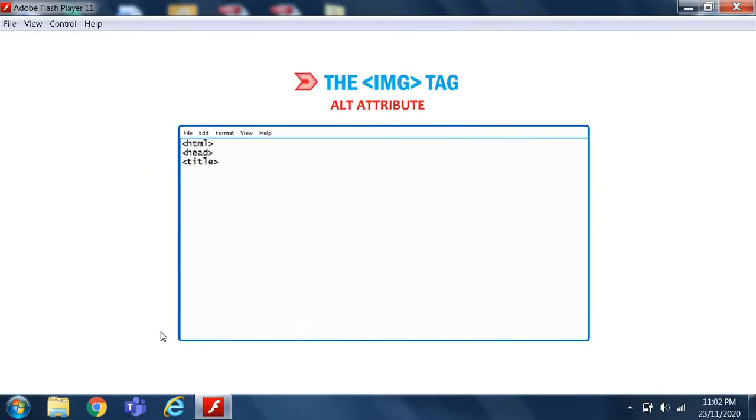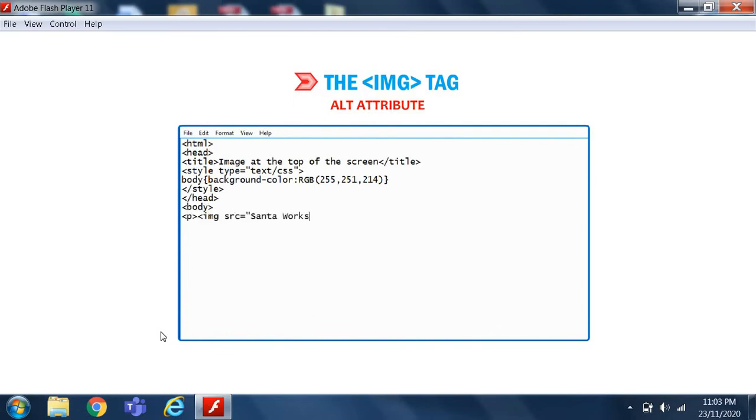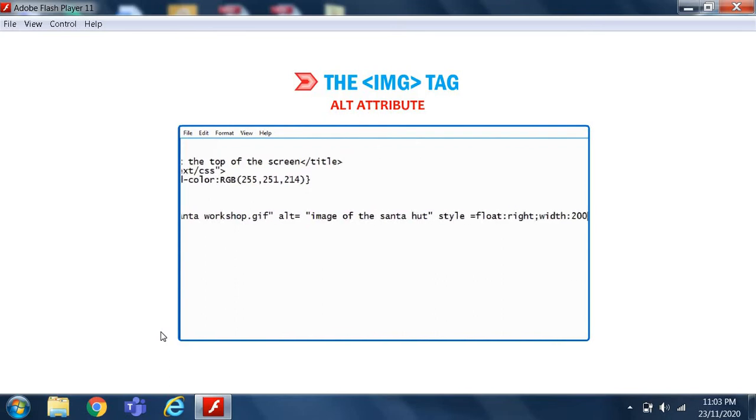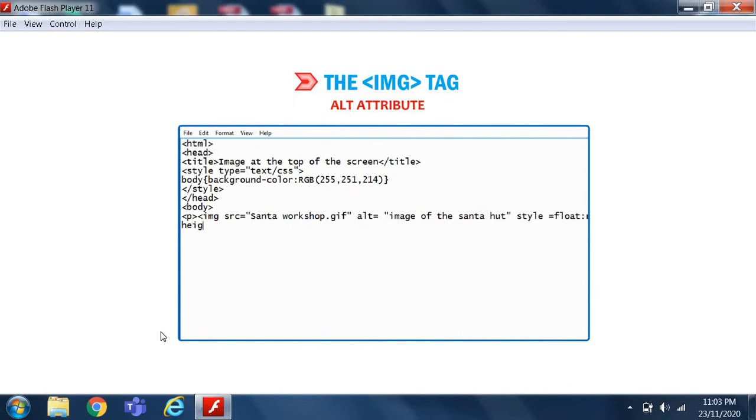<html><head><title>image at top of the screen</title><style type="text/css"> body { background-color: rgb(255, 251, 214) } </style></head><body><p><img src="Santa workshop.gif" alt="image of the Santa hut" style="float: right; width: 200px; height: 150px"></p></body></html>